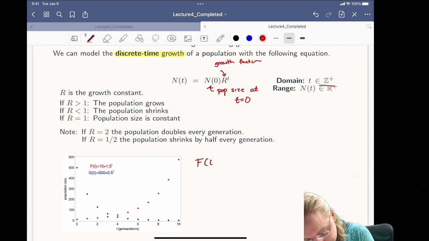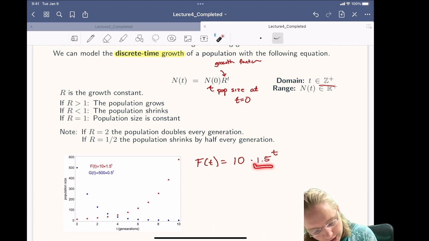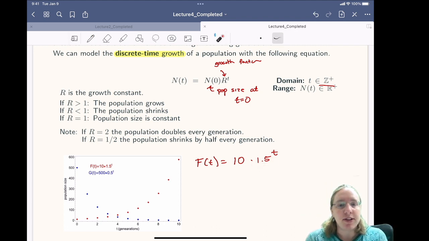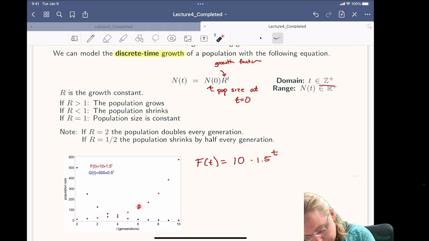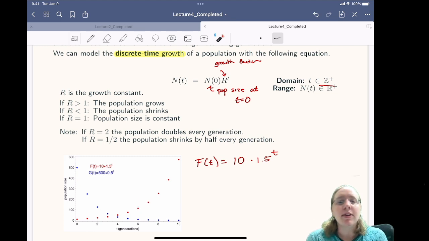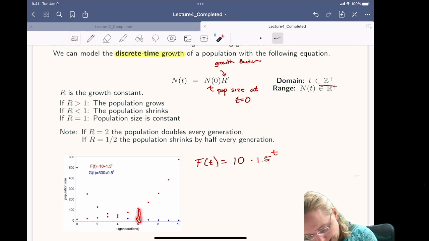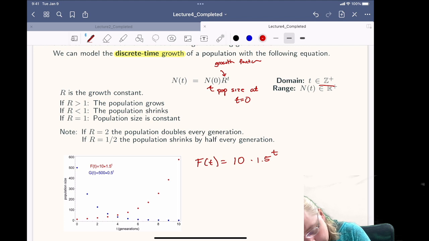f of t is equal to 10, our initial population size, times 1.5 to the t, then every generation our population is going to increase by 1.5 times. So we're going to increase the value by 1.5 times. So there's 1, there's another half. Here's 1, here's another half. All right. Similarly, if we have g of t,